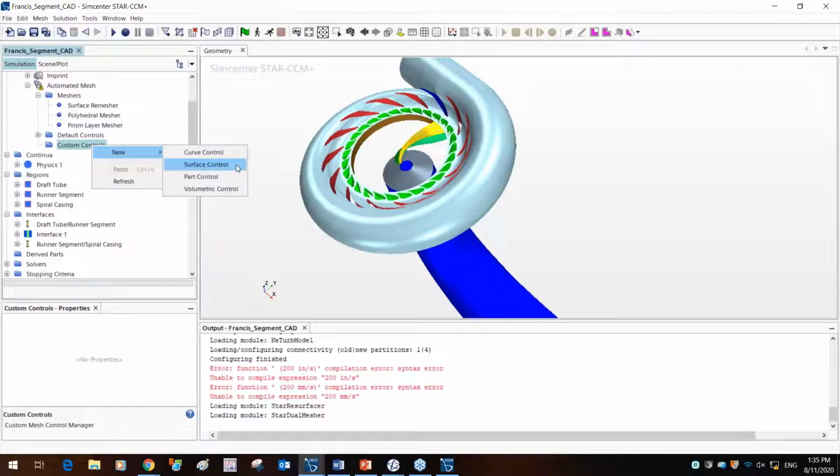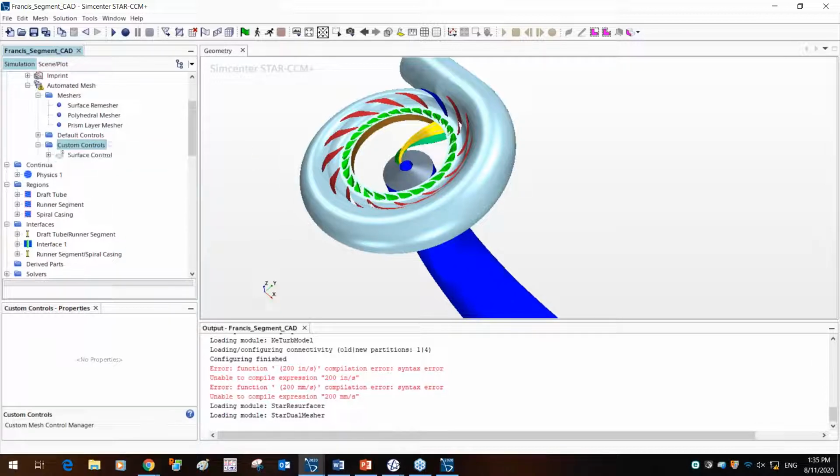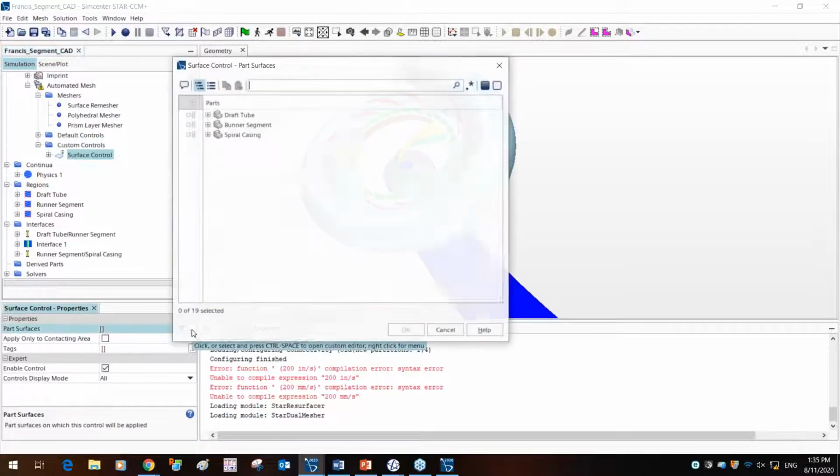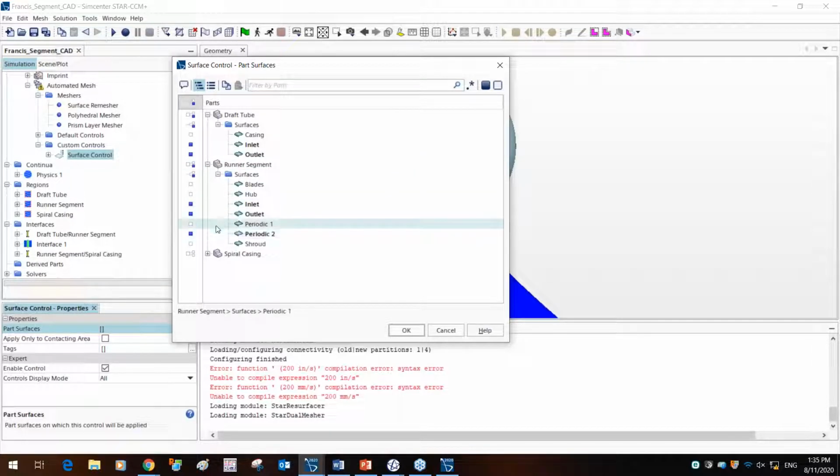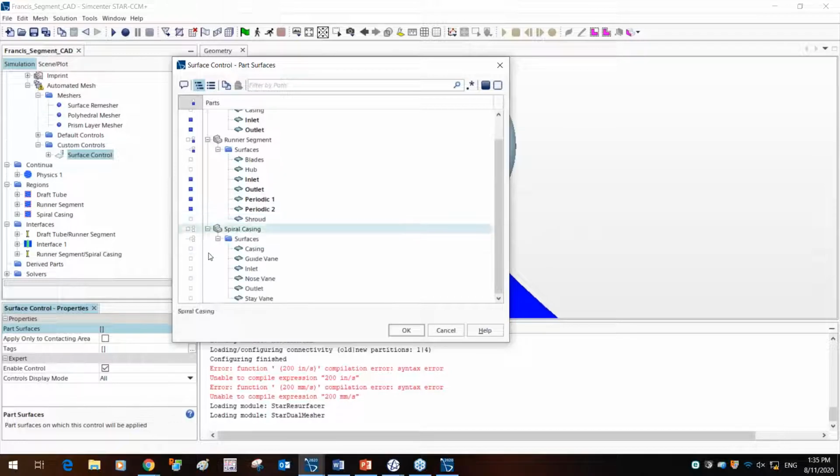So in this case, what we want to do is create a surface control. For my surface control, I'm going to select all the inlet and outlet regions, as well as the periodic regions. And I don't want any prism layer mesh associated with it. So you just expand that: all the inlet and outlet regions, the periodic faces, as well as, for the spiral casing, the inlet and outlet region.